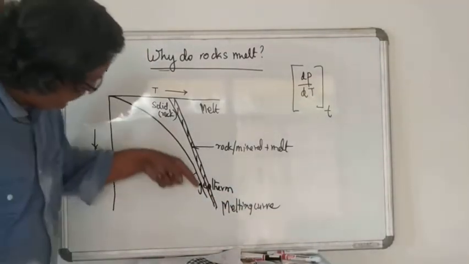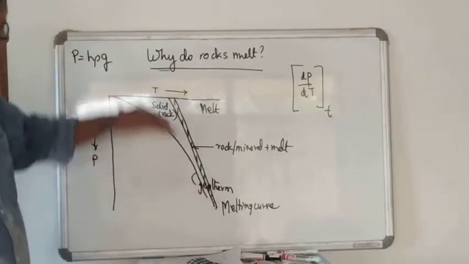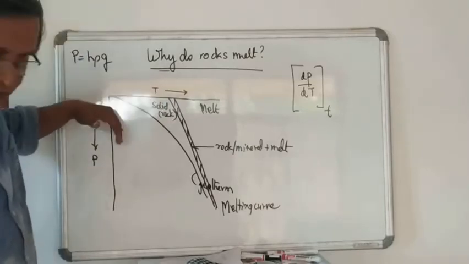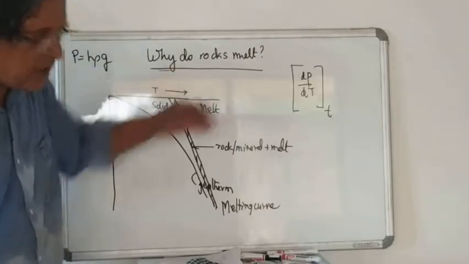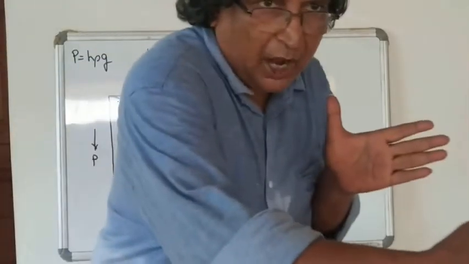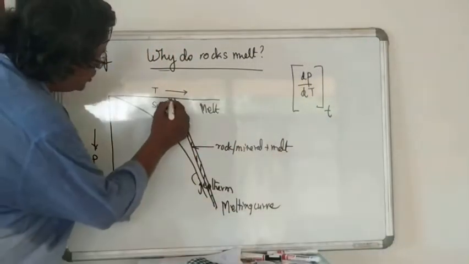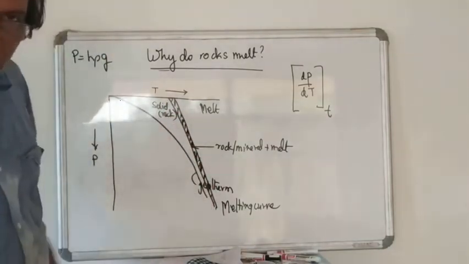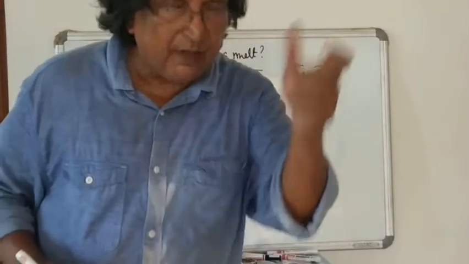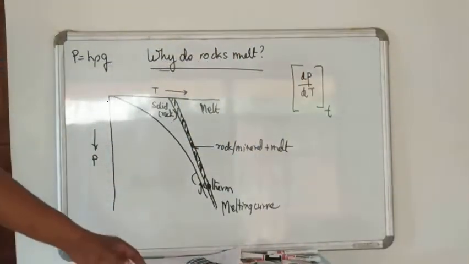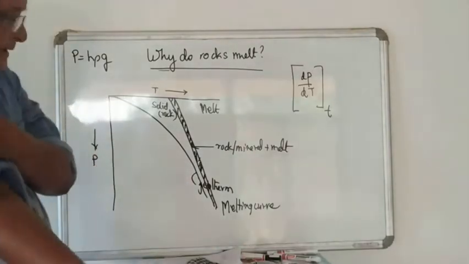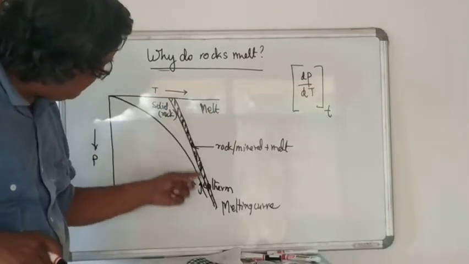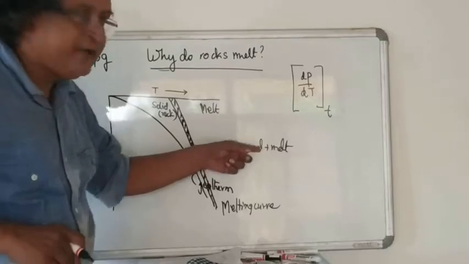So you have the geotherm and you have the melting curve. The melting curve separates the solid or minerals at lower temperature from melts that form at high temperature, but the transition is not very sharp across the PT field. It occurs over a temperature interval where you have both rocks and melts in equilibrium. We will talk about it. But right at the moment, please accept what I am saying, that you have a solid and you have a melt, and in between there is a band-like region where you have rock and minerals in equilibrium with the melt.